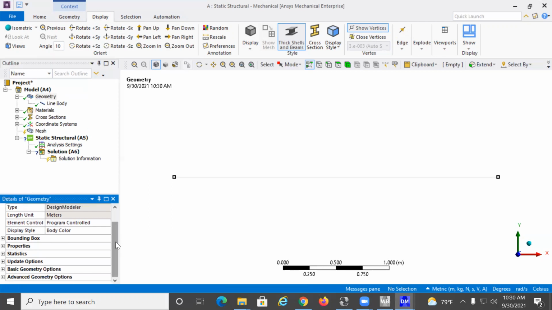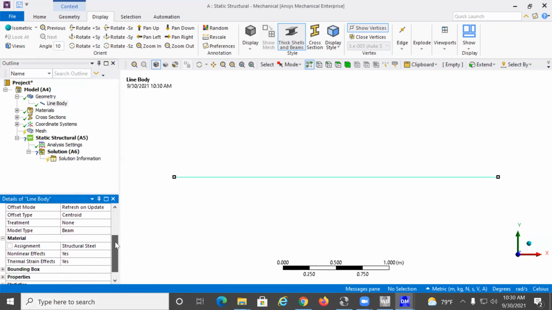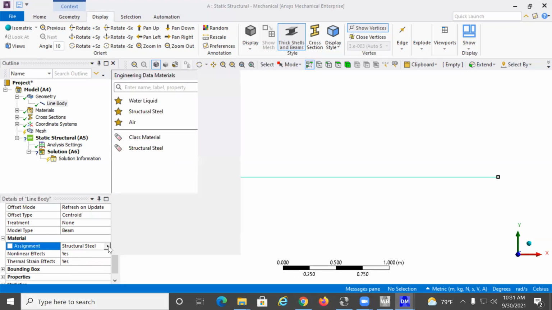And I want to show you here that if I go to the line body, which is selected now, if you look at the details of the line body, if I go down, I see material and look at the assignment. It is getting the default material, but that's not what we want. So I want to be able to go select structural steel and the arrow next to it and choose the material. It is showing my 3 favorite materials that I've set. And it's also showing the one that we created. So I'm going to